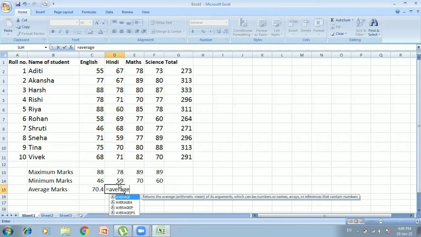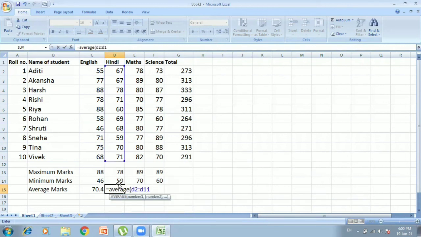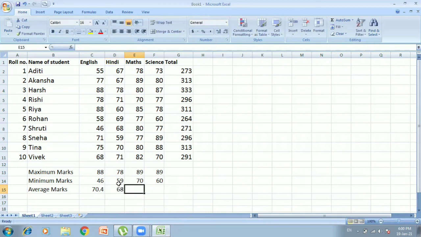Let us calculate it for Hindi. Average within bracket D2 semicolon D11. Bracket close. Tab. 68 is the average mark in Hindi for whole class. Let us see for maths. E2 semicolon E11. Bracket close. Enter.